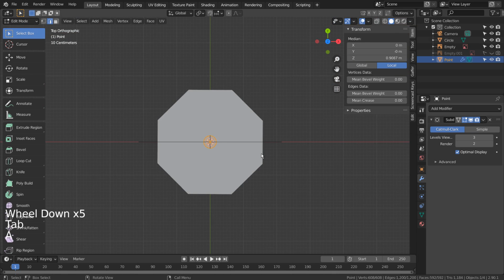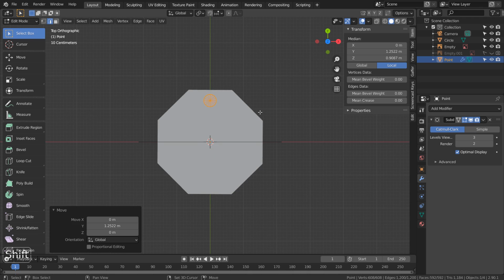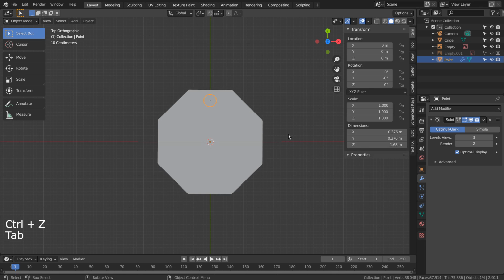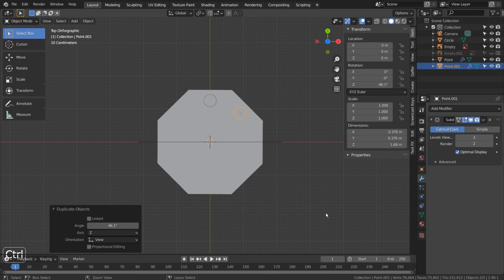In edit mode, A, to select all, and G, to move the mesh away from the center origin like this. Later, we can press Shift, D, to duplicate, and rotate the duplicated mesh 45 degrees with R, and 45 like this.